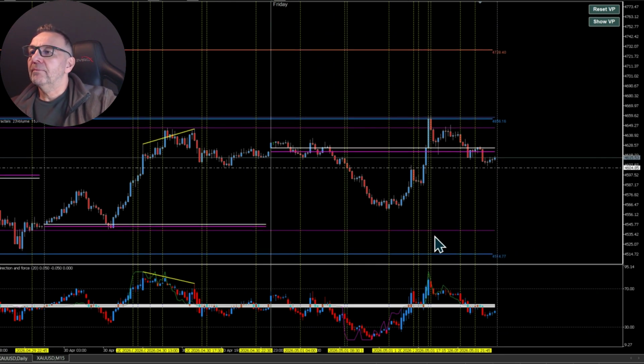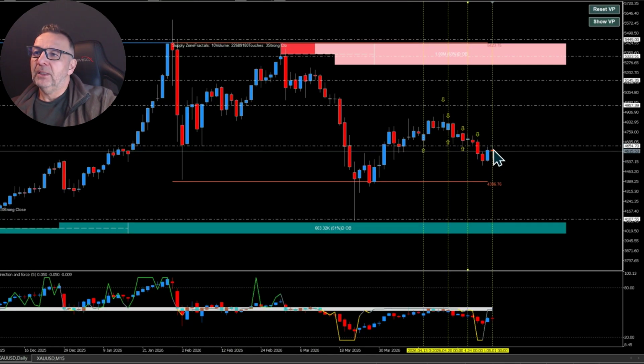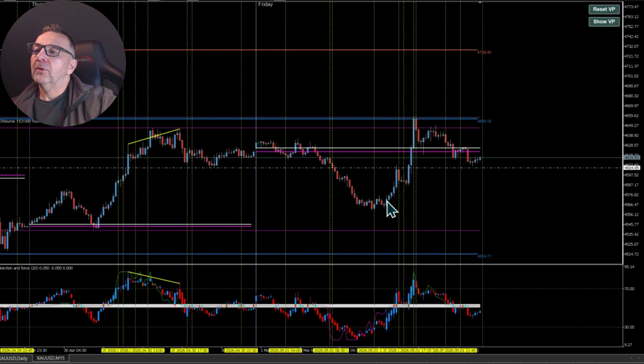Okay, a bit of an inside day here, isn't it? Because the market closed within. Okay, so it just stop swept Thursday and closed lower than the opening. Okay, but the trading hours, as you can see, it broke down here. I drew this line especially yesterday because I said, okay, this is going to break.